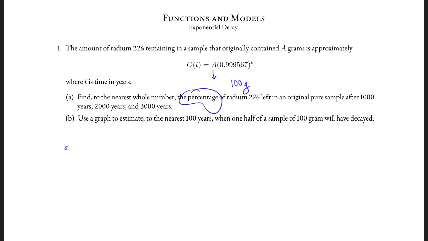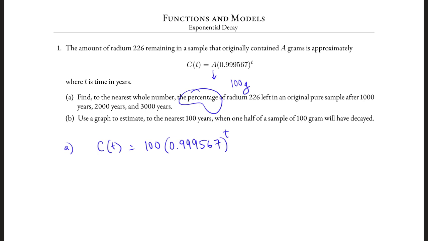And so in this case, we are allowed to use 100 for A, but again, only because the question is asking us for the percentage. We want to know if we start out with 100, what amount we would end up with after 1,000 years, 2,000